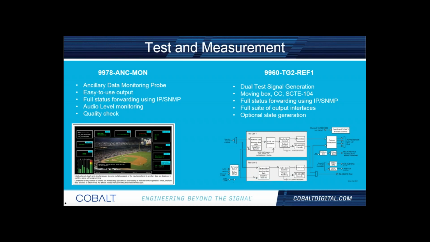And then the other product that's also in our catalog is our test generator, the 9960, as you see here. This has two independent ways to generate a bi-level, tri-level, and a test generator. You can also generate a tone if you need to. It can also do some SCSI and caption processing if you wanted to. But ideally, this is a product that oftentimes sits within the frame to service other workflows, as I mentioned, by providing that